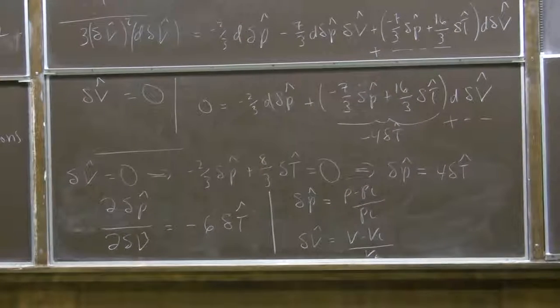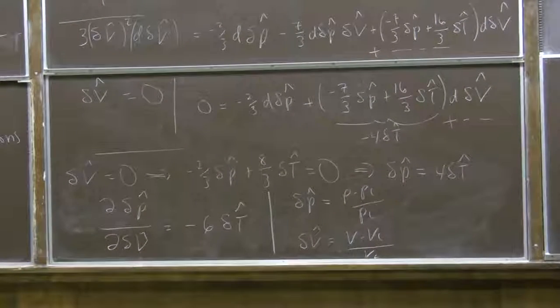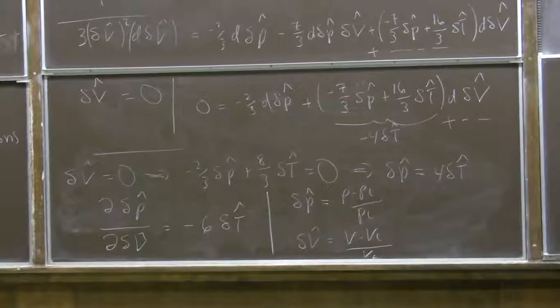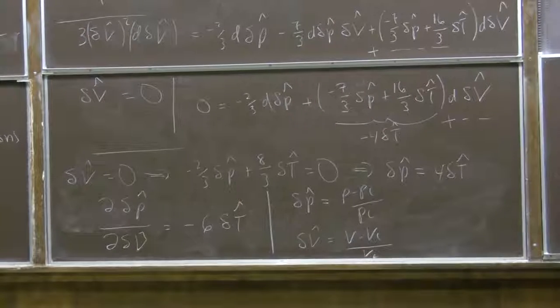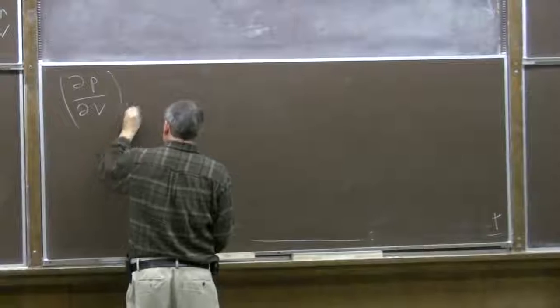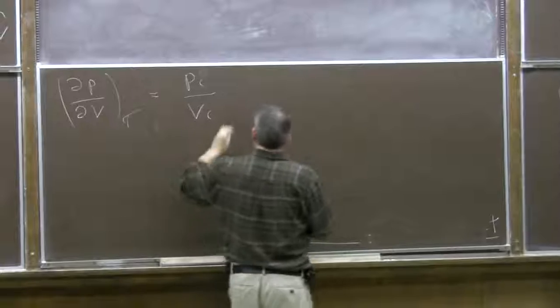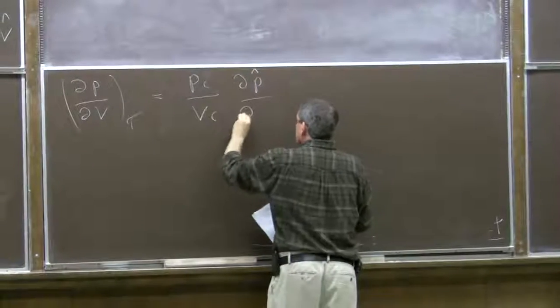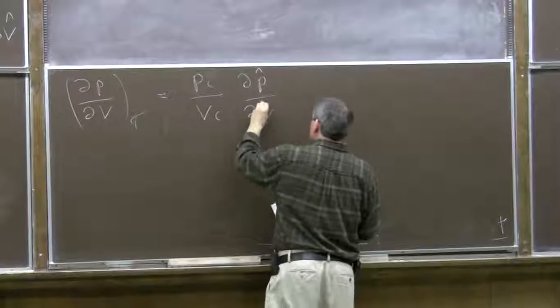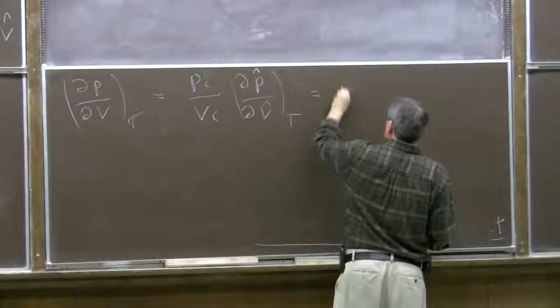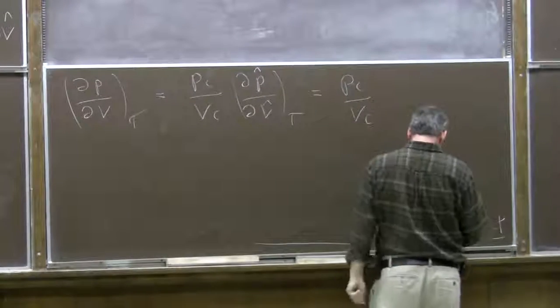So a small change in V hat is the same thing as a small change in V divided by critical V. A small change in P hat is the same thing as a small change in P divided by critical pressure. We're considering integrating along the isotherm, so the derivative of pressure with respect to volume with the temperature fixed is critical pressure divided by critical volume times the derivative of P hat with respect to V hat at constant tau, which we've now seen is minus 6